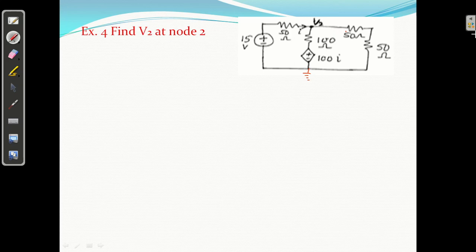Okay. So first step is what? Remark the current through each and every branch. It is current I. It is already given, so don't change it, because this is the dependent voltage source depending on I. Let us say I1, let us say I2. So we have remarked the current through each and every branch. We have remarked the voltage at all nodes except the reference node. Now KCL at node.